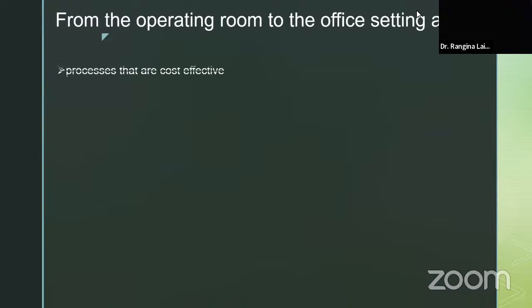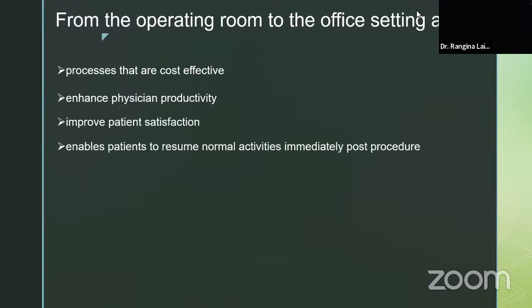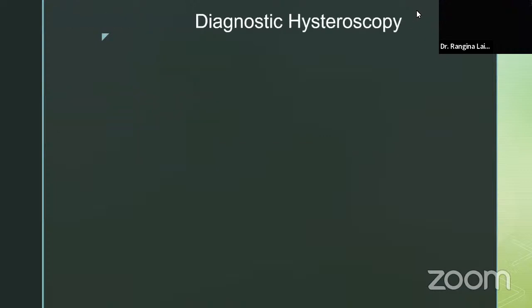About cost effectiveness, I don't know how costly it is in India, but in Nepal, as it is in the starting phase, it is of course a little bit expensive. I don't do office hysteroscopy, but there are many people in India who do, which I have seen. I don't think in Nepal we do office hysteroscopy, because there are few doctors who are trained in hysteroscopy in Nepal.